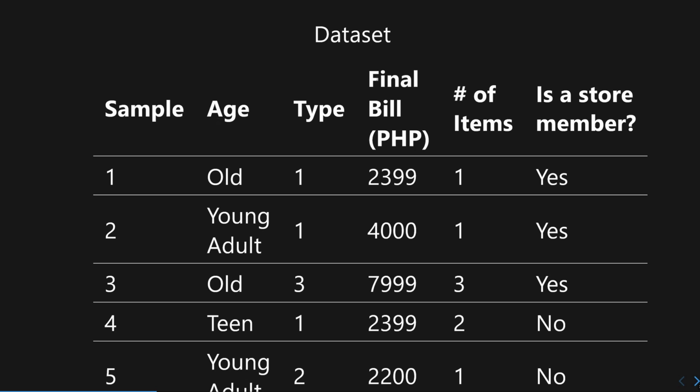qualitative data. Final bill, on the other hand, of course, this one is quantitative data. So this describes some kind of quantity, some kind of measurement, the amount that the transaction or the person paid for in this transaction. So it would make sense for you to find the average of these. It would make sense for you to add these values together. It would make sense for you to total these. So that's considered quantitative. And it's also continuous as well, because it would make sense for the final bill to be